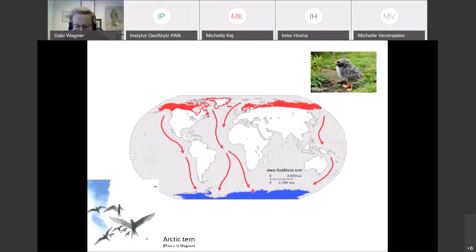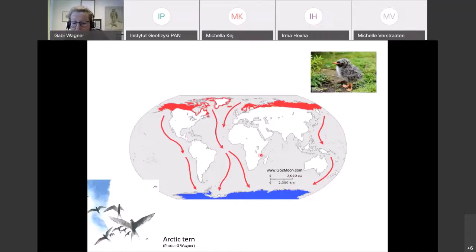And you can imagine how many problems they experience along the way. They have a lot of stopover sites, of course, and most of those are also endangered, not only by climate change, but also by industrialization. So a lot of their habitats are destroyed, even though their breeding grounds and their overwintering grounds are still, to a large degree, what they have been in the past. But along their migration route, they experience a lot of problems.